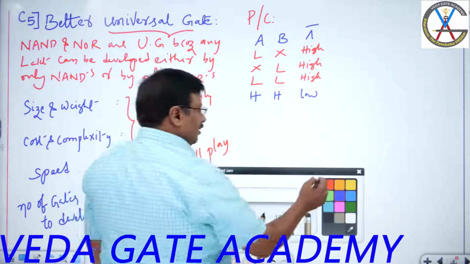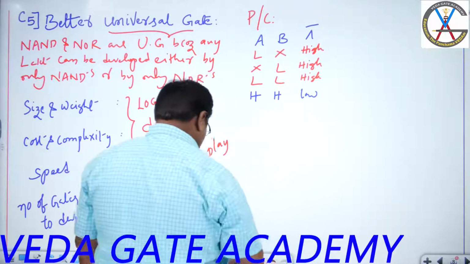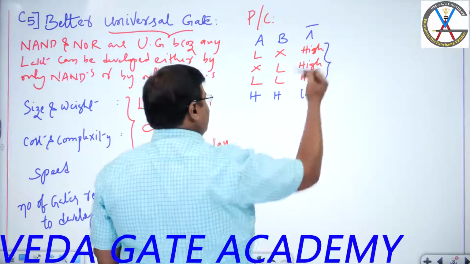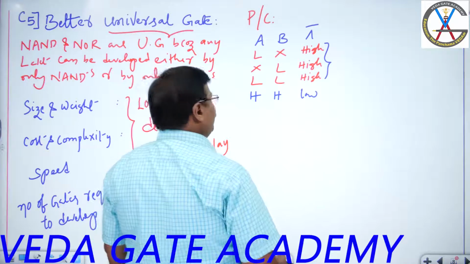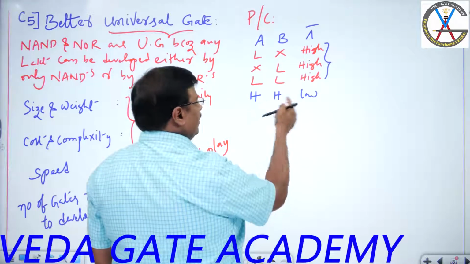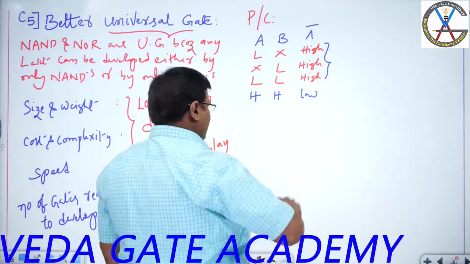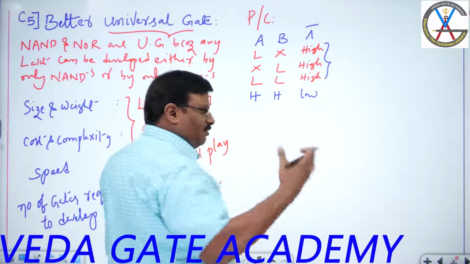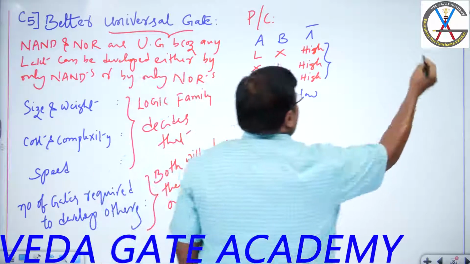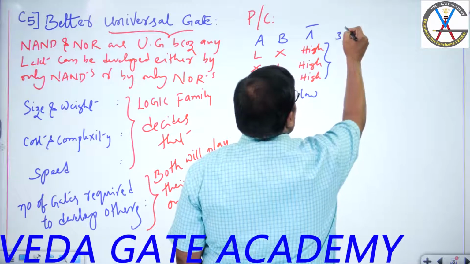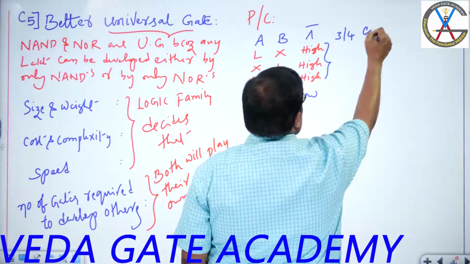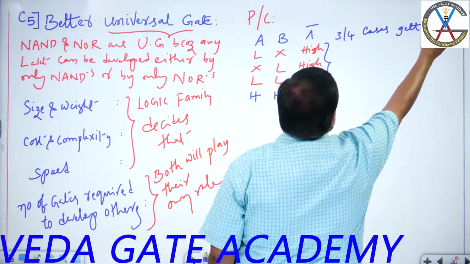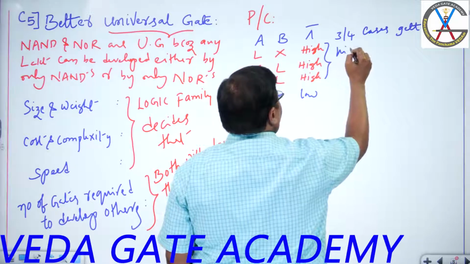I'm here taking high as the main choice and concluding that it is getting a high output in 3 of 4 cases. Only in one case is it getting a low output. In digital circuits, if sum of products is the default equation, the SOP function, and I say 1 is my default requirement, then in 3 by 4 cases it is getting a high output,